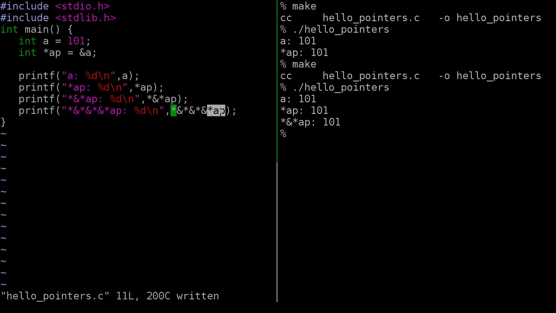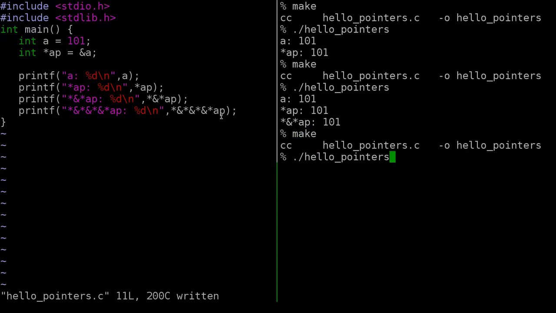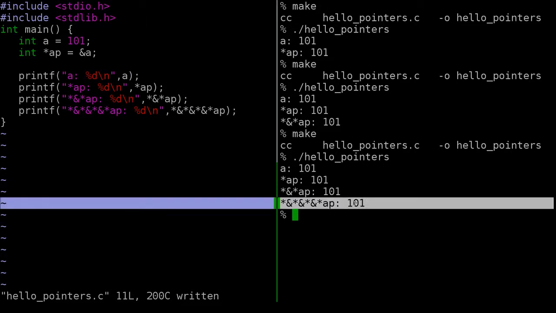So we're dereferencing the pointer, then taking the address, then dereferencing it again, and repeating this process as many times as we want, and we're always going to get the same value back at the end of it,